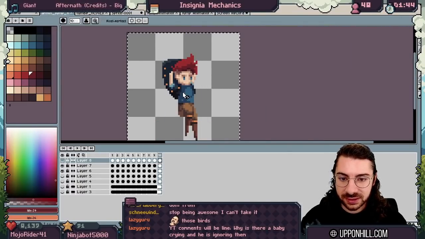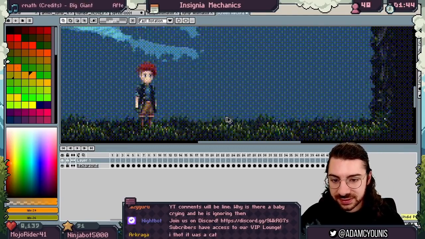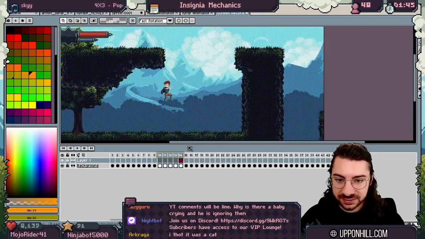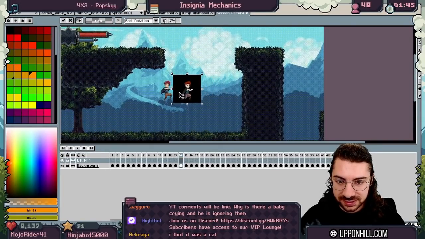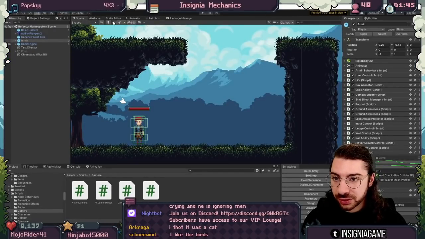If we take Armin here, he's the exact same size. So even if he's not very clear, he is the same size. It's the same scale. Just to confirm the way that I did that,